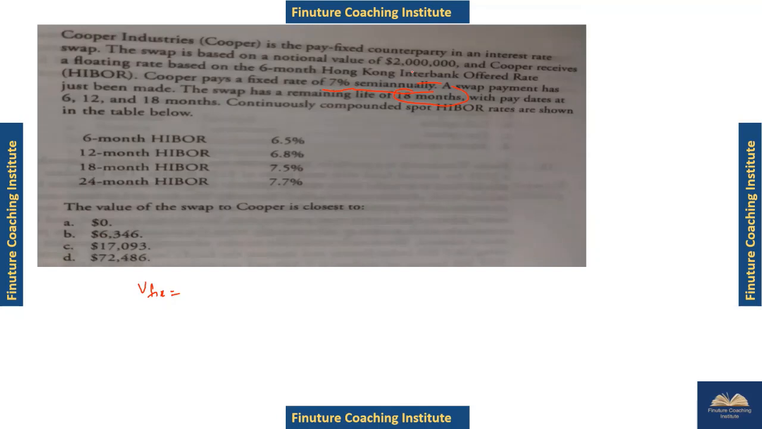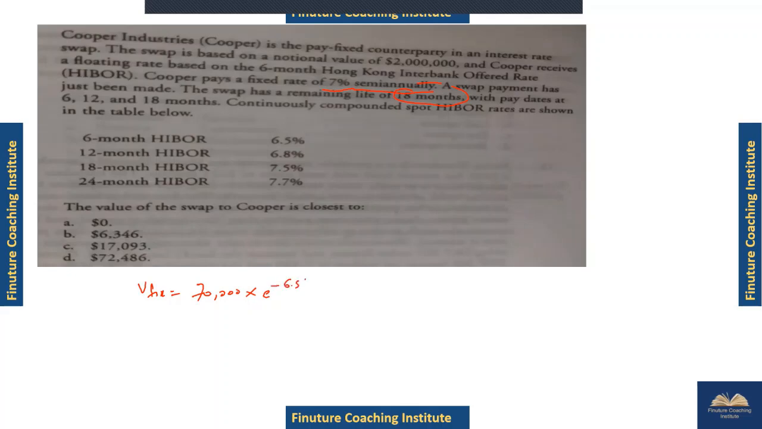So it's semi-annually. So 7% is your annual, 3.5% would be a semi-annual. It comes around 70,000. So what will happen? Your value of fixed leg would be 70,000. So for this, discounted at